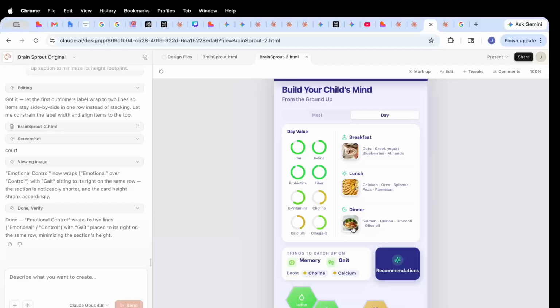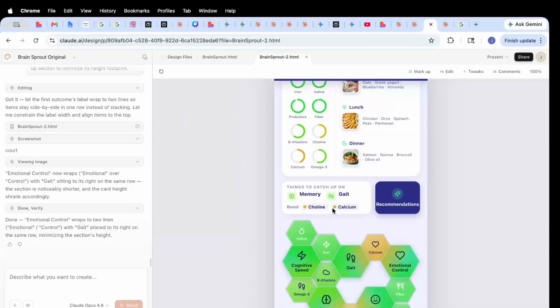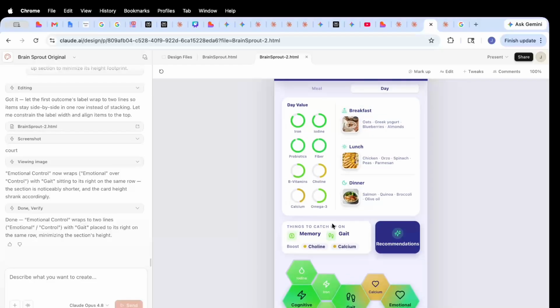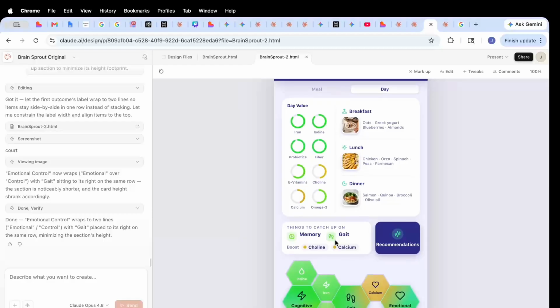If you've had a miserable day as far as food, and you've got 3 or more outcomes that are at risk because the child is not eating well, this will carousel. So we'll have memory gate and also cognitive speed and also emotional control, and the nutrients that are contributing